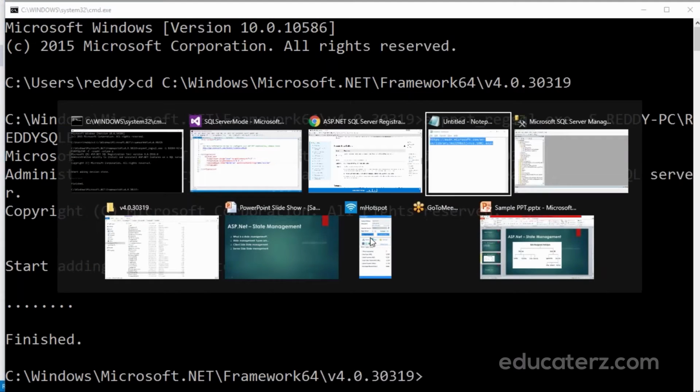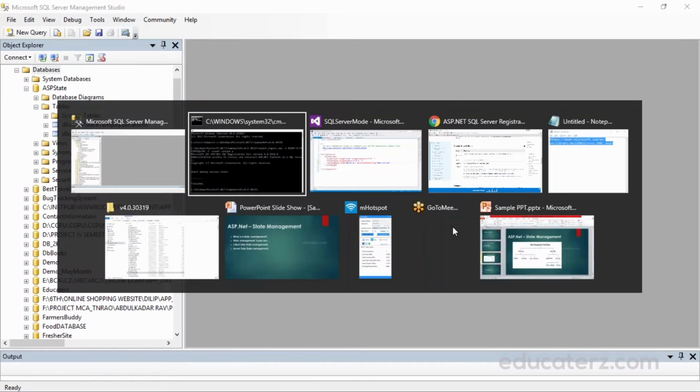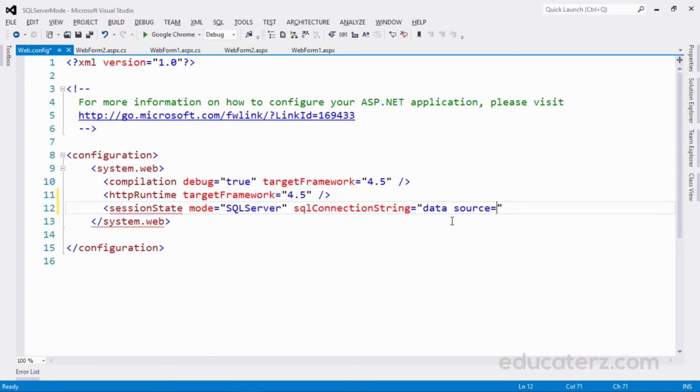What is the SQL Server name? You can get it by clicking on this SQL Server name. Copy it and go to Visual Studio. This is the server name. Then we need to specify integrated security.